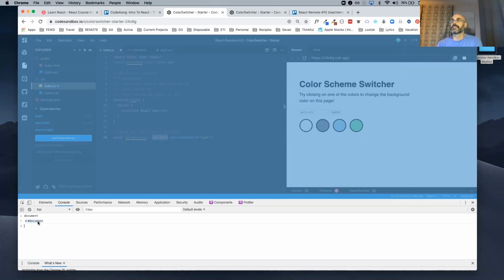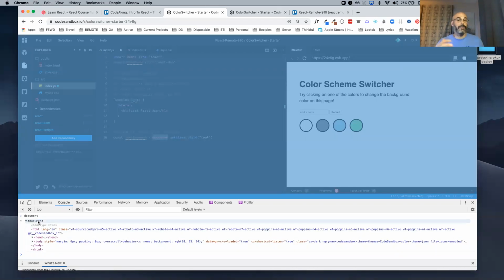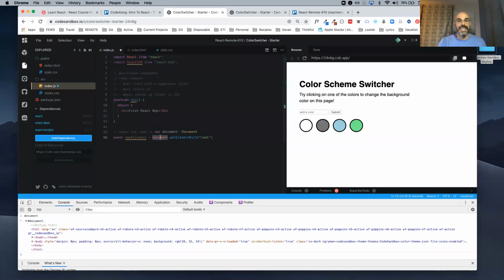Okay, the document is the document object model. Everything that's in the HTML needs to be loaded into a virtual space, right? It needs to be somewhere where I can visibly see it. And so when it does, it turns it into this object here. It's this document object model, an object model representation of whatever's on the page. And so document here is that document.